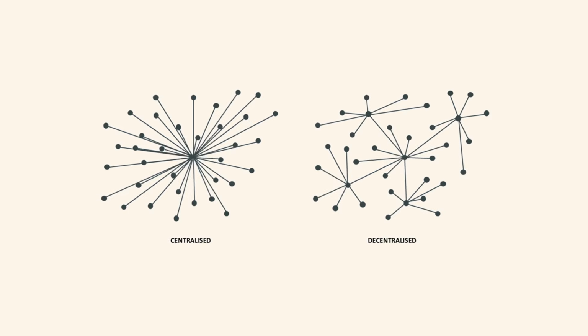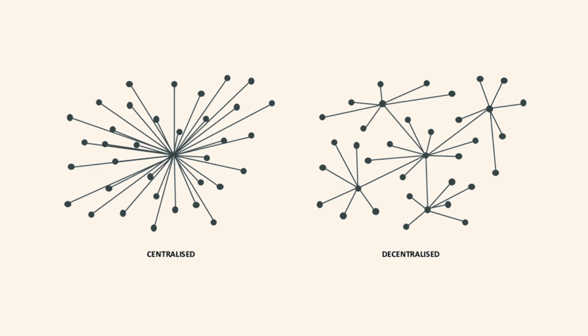Signal is one of our favorite messengers, but it's not perfect. One drawback of Signal is that it's centralized. Centralization does have upsides, like being able to ensure that everyone is using the latest version that has the most recent security fixes. But one of the disadvantages is that it's pretty easy to censor if a government or service